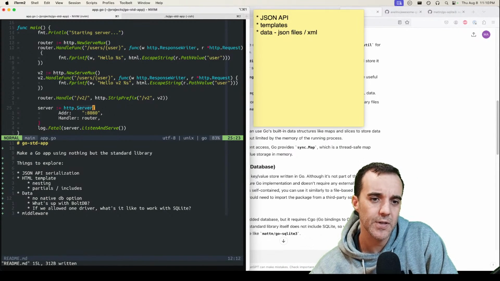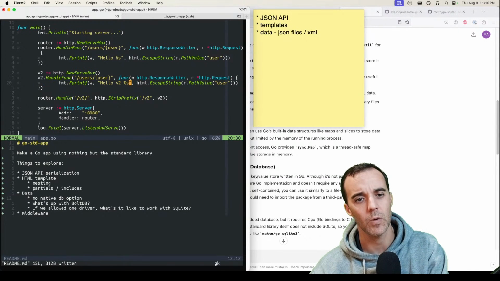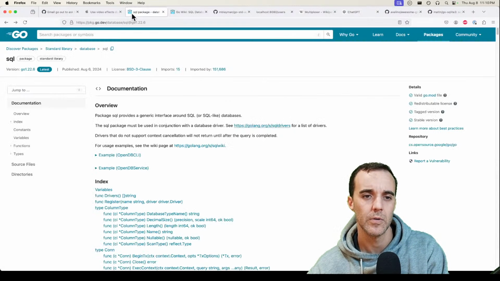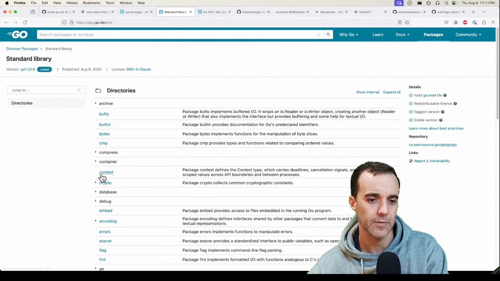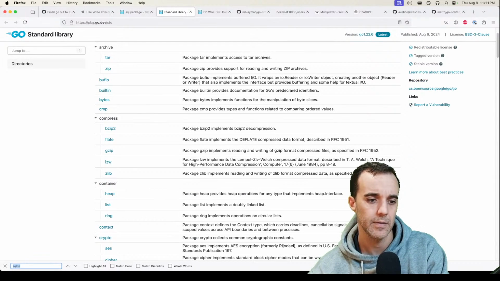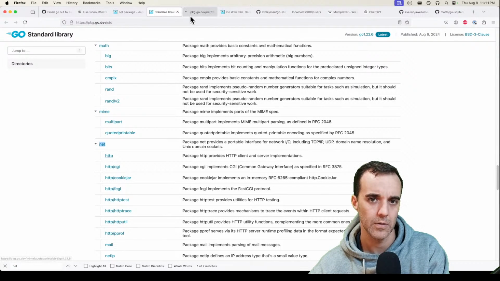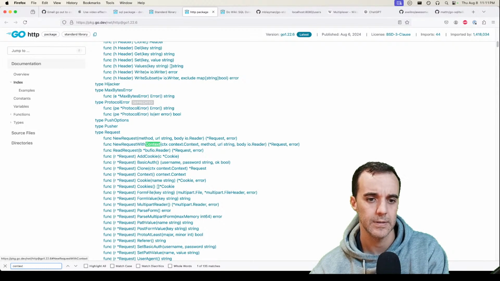What I don't know is, where's context? I feel like I see a lot of functions that have context, but we're only dealing with response writers and requests. So where did that go? If we were to go back here, standard library, and return to the net HTTP package. Context. Does it show up anywhere? Oh, it's part of the request. Interesting.